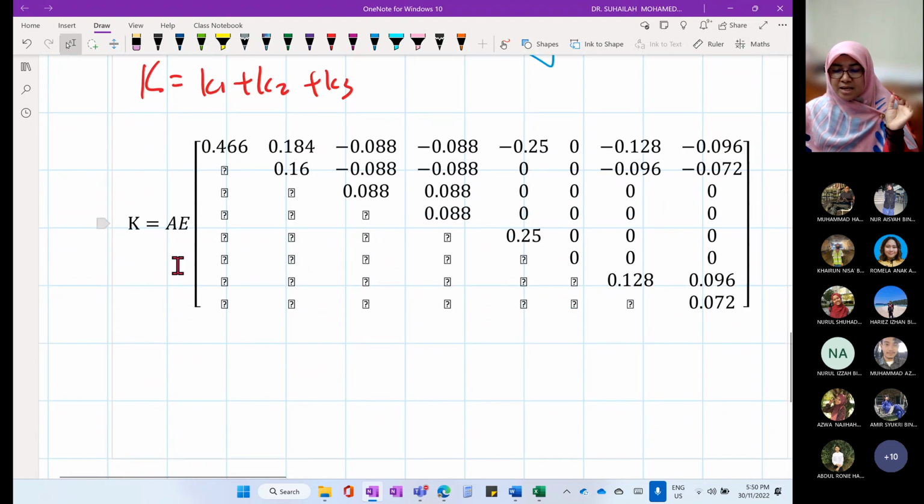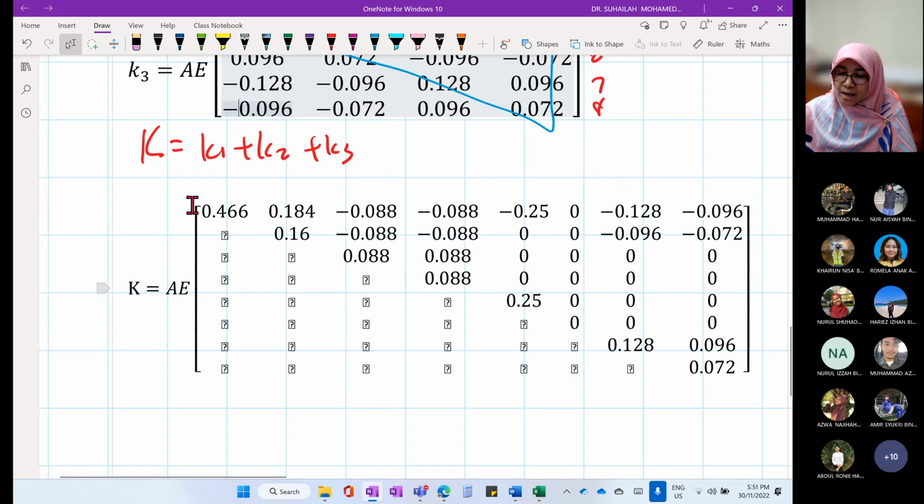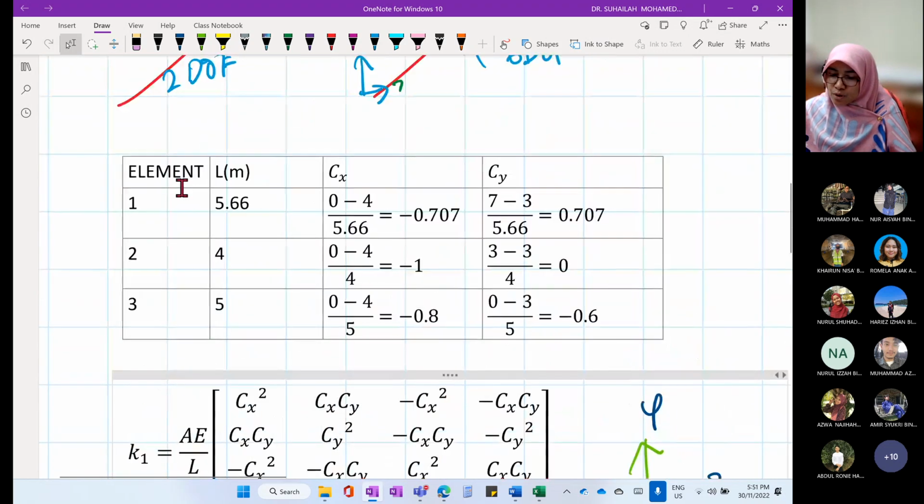Sometimes there is no statement about the structure stiffness matrix, but you still need to establish it, because when we want to solve for the unknown displacement, we have to have this stiffness matrix. But whenever we calculate the displacement, we don't have to consider all of it. That is why